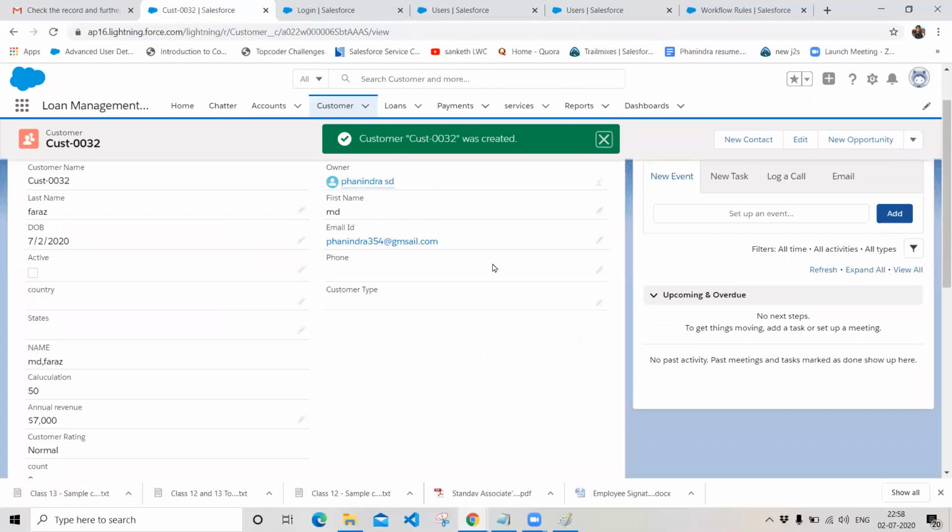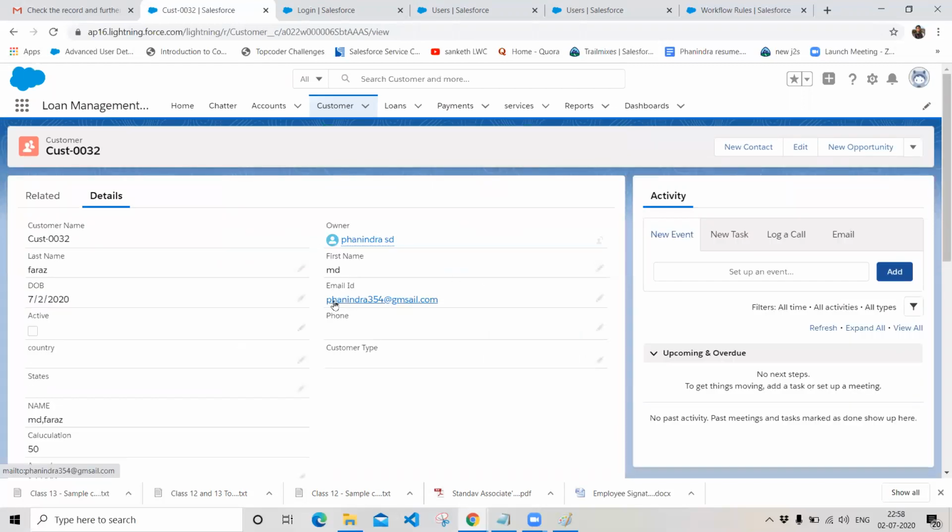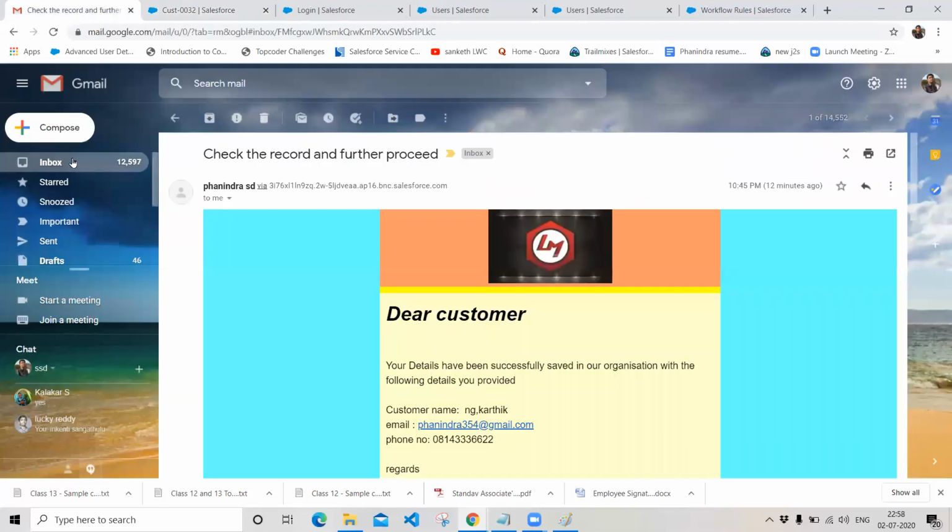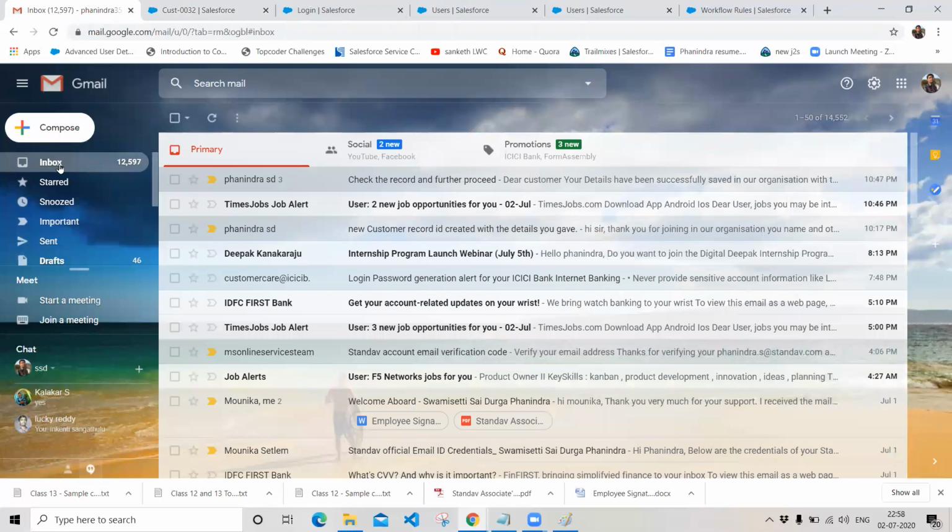So as per my workflow rule, I should receive an email to this email ID, right? So let's go back to the email and check whether the email has been received or not. Click on inbox, refresh. Okay. So what is the rule criteria that we have specified?